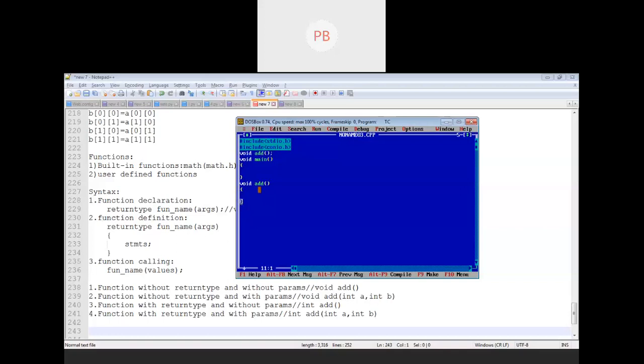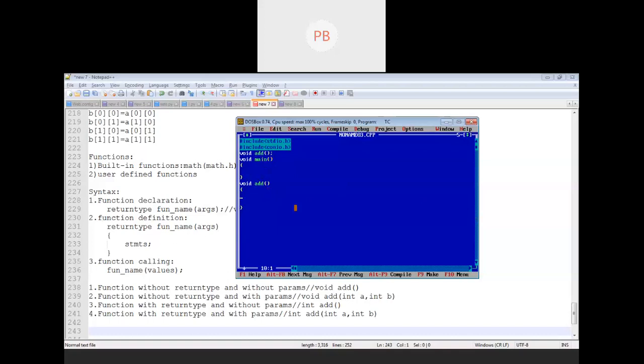Okay, because the thing is we are calling this function within what? Main. So according to the top down approach or the stepwise execution of our code, the function will be invoked first and then it is defined, which we don't want. It gives an error. What kind of error? That I'll show you. Wait.